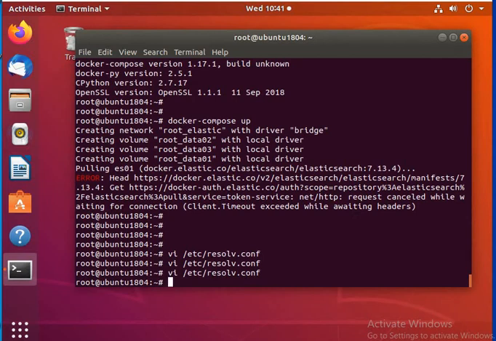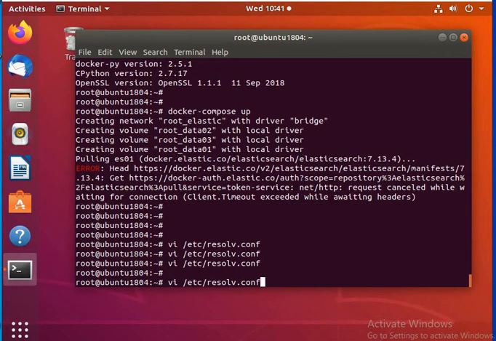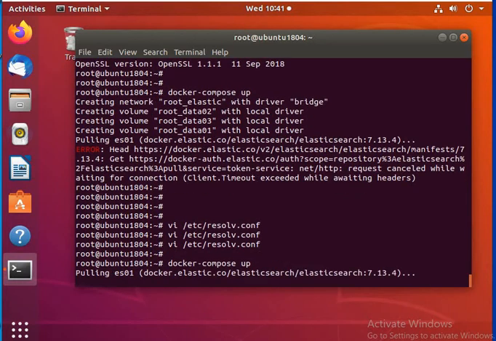I save this resolv.conf and then again I will try to run docker-compose up. And let's see what happens this time.